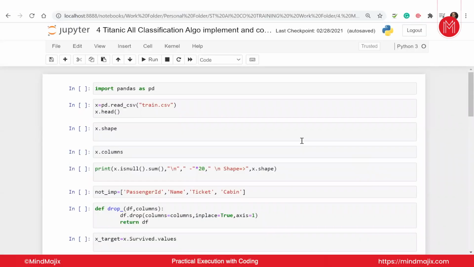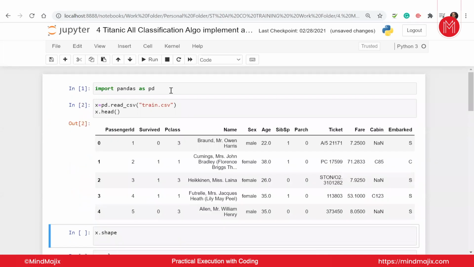So now we have a data set, this Titanic data set, which is very frequently used by people. I have already shown this data in other videos too. So if you have seen any video from back then, it is the same data. Let me import the pandas library, which is the core library that we're going to use, and import the data set.